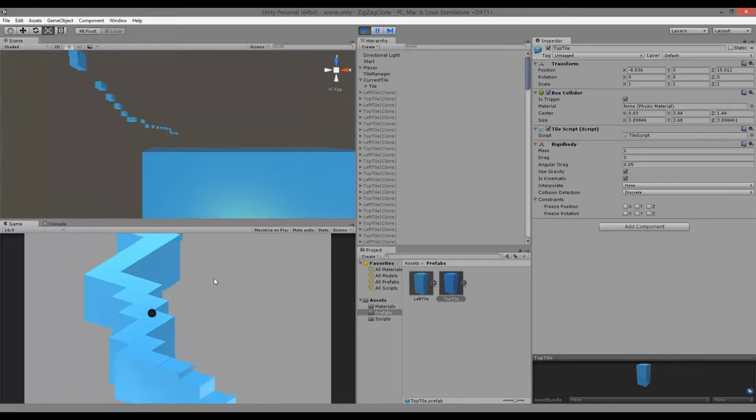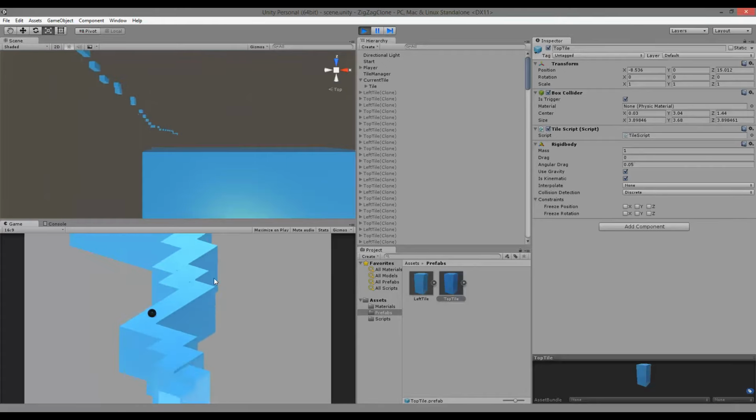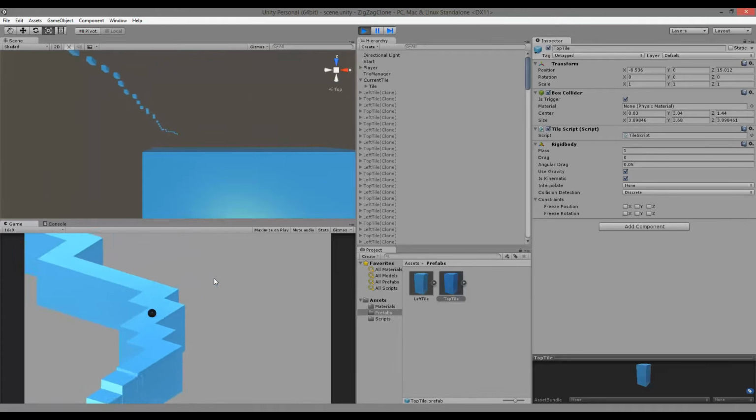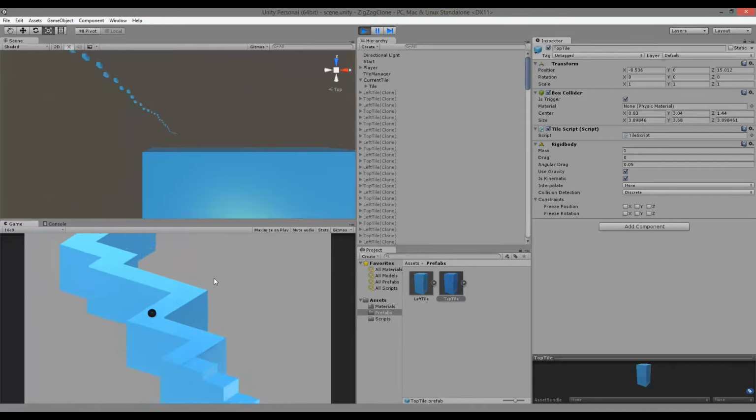It looks like it works perfectly. It keeps creating tiles for us, and it keeps taking the old tiles. So you can see the level is still unending here. Okay, so